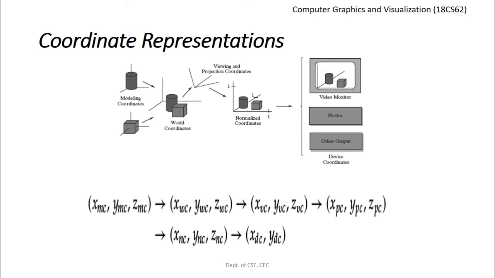If coordinate values for a picture are to be given in some other reference frame, they must be converted to a reference frame called the Cartesian coordinates. Several different Cartesian reference frames are used in the process of constructing and displaying the objects. First, we define the shapes of the individual objects such as trees or furniture. These reference frames are called modeling coordinates or the local coordinates.